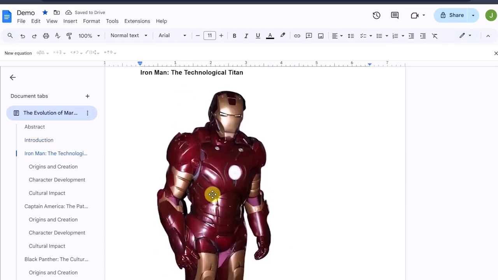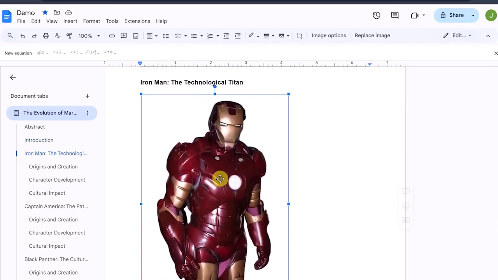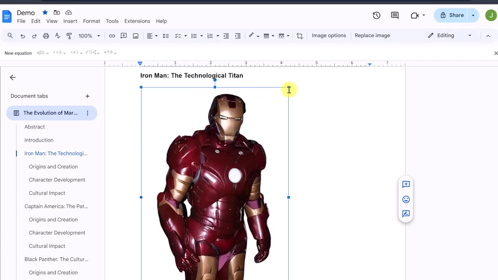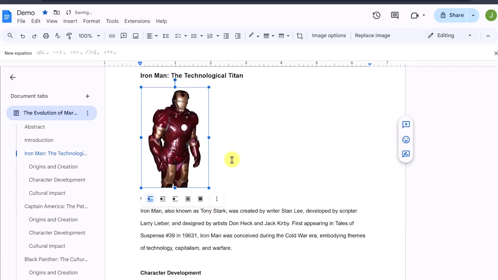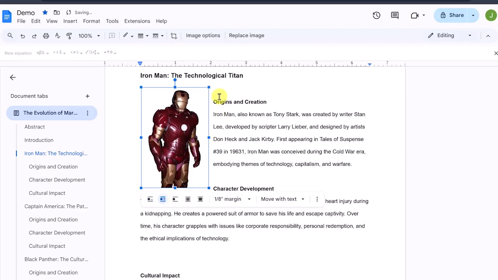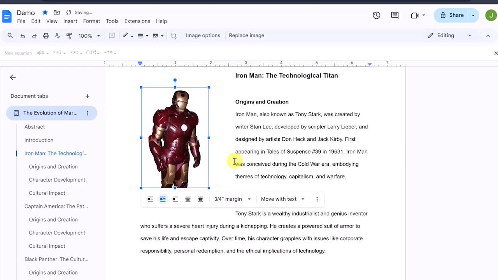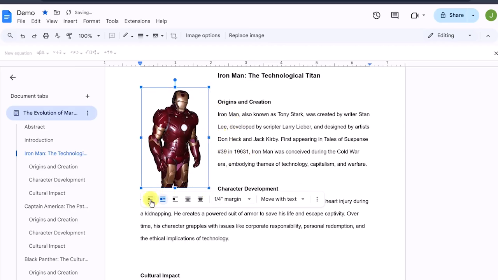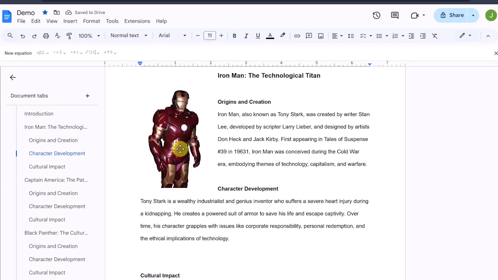Now, some adjustments I can do to this right away. If I click on this image, I can size it. I could grab the handles and shrink this down. Now you can see a little bit more around it. I want to show you these different wrap text features. Right now it's on inline. If I go to wrap text, notice now how the text goes around it. And then I can choose how far the distance away from the image is by doing this. And you can even do a custom one. So if I keep it at a 1/4 inch all around this image,